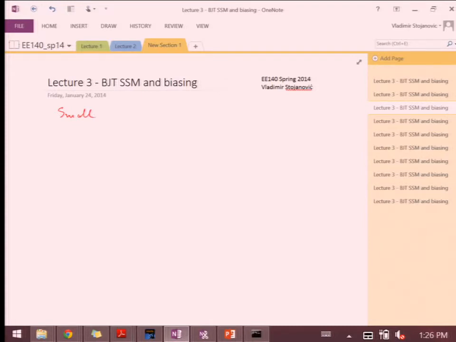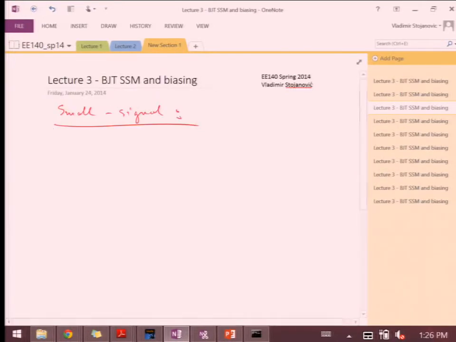Okay. Because you saw that when we derived the early voltage, it really did depend on the dopings on both sides of the base and the collector. And by tweaking the collector doping, you can move the early voltage to be really big. And that's what you want for a good performance transistor. Okay, so we're going to look at small signal models now, and then hopefully get to some biasing. So if we go and draw the transistor,